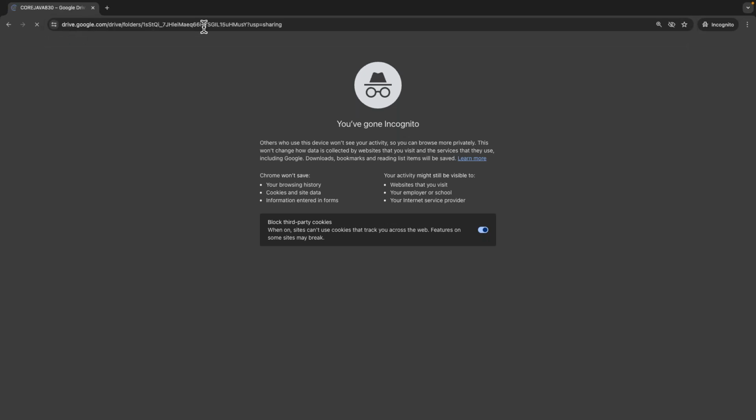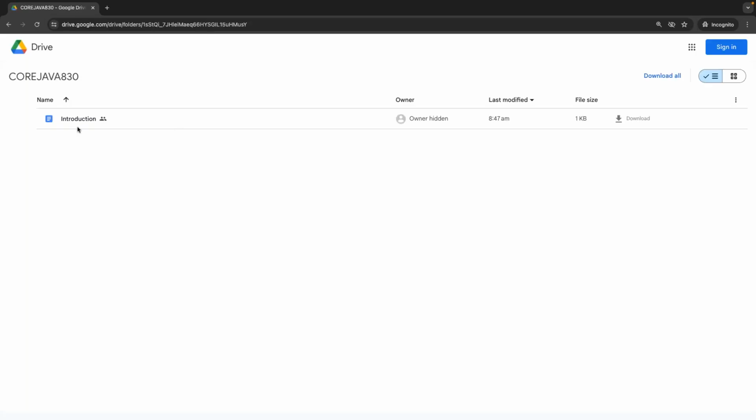Just open it. There we will find a document with the name introduction. That introduction document will be provided as long as the introduction is going on. When I start the next topic, another document will be created in the same link. Throughout core Java, almost 35 to 40 documents we are going to create, 35 to 40 topics we are going to understand. Every topic's content we are going to provide inside this particular location.